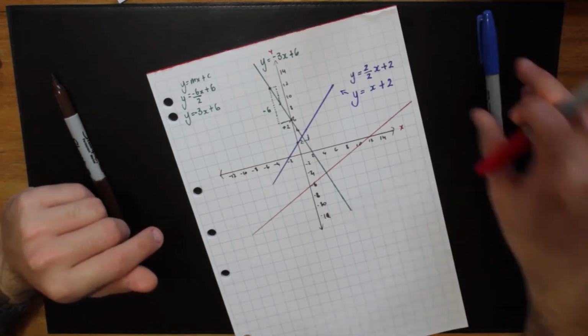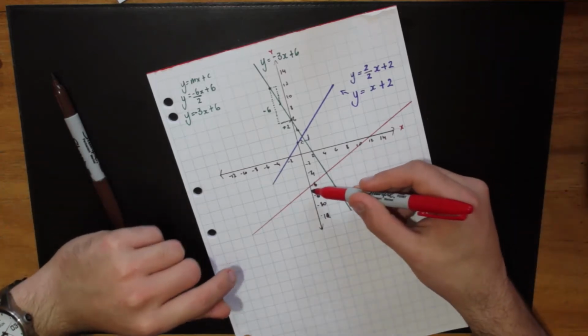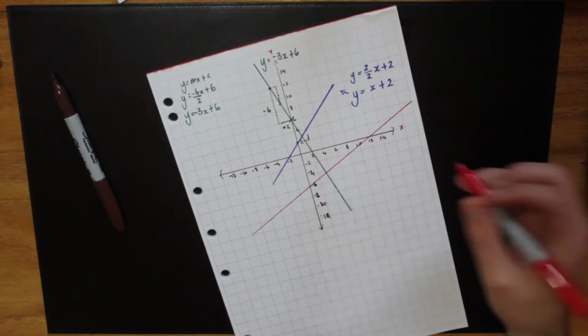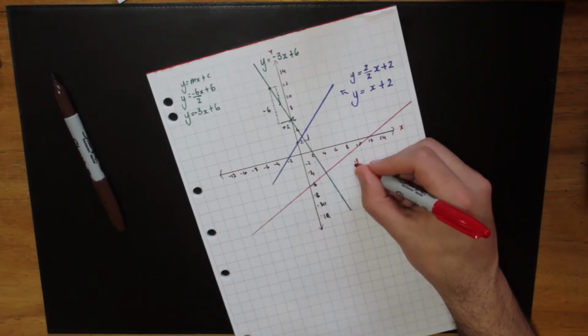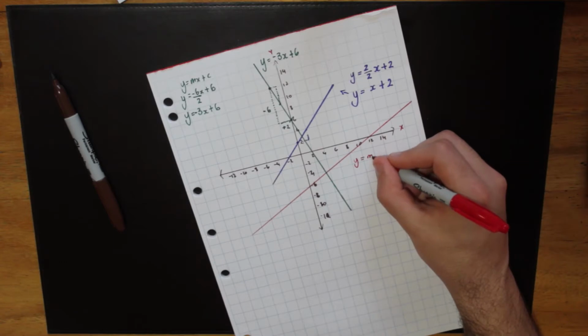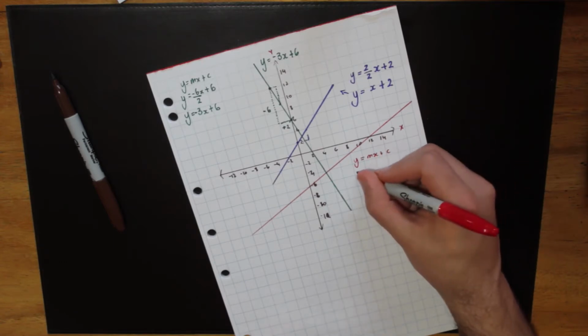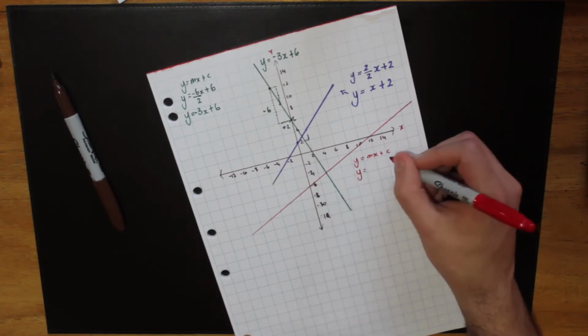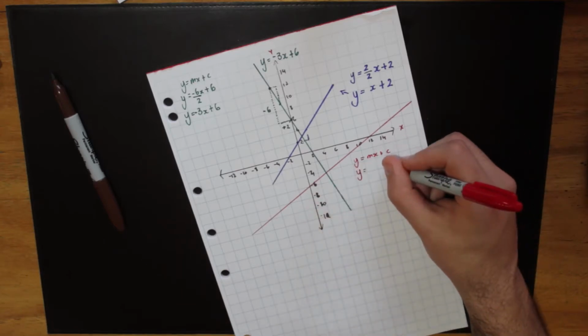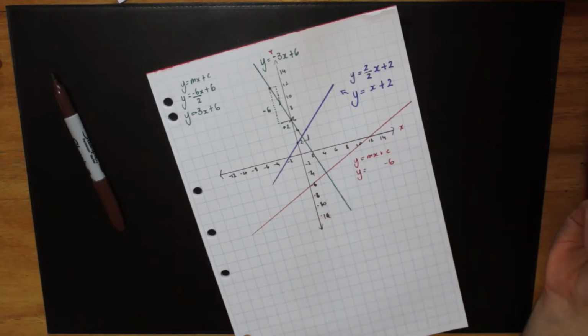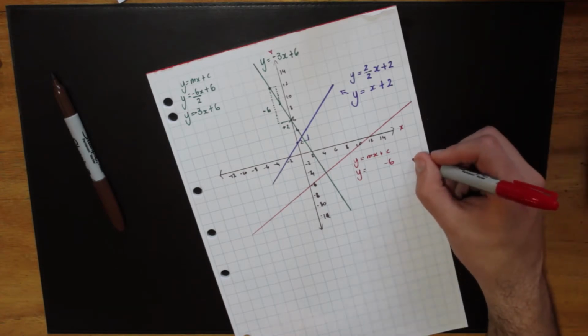Now last of all, let's try this red line. Well, let's have a look. Oh, our y-intercept is going through negative 6. So let's use our form, y equals mx plus c. Well, this means y equals, well, c is going through negative 6. So our y-intercept is going to be negative 6. Now, using our rise over run,